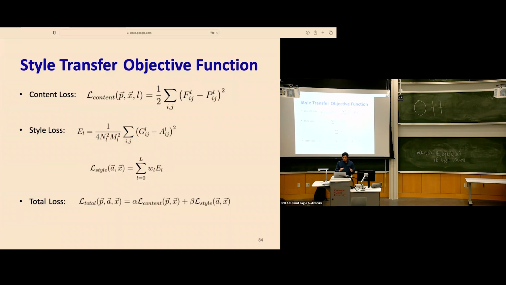Again, this is incomplete without the style loss because we have both of those elements in this network. You should be able to see the similarity between this model and the cycle GAN model because there are two things at play. But it's not just the vanilla cycle GAN, it has its own elements, its own loss functions too. But the style loss is